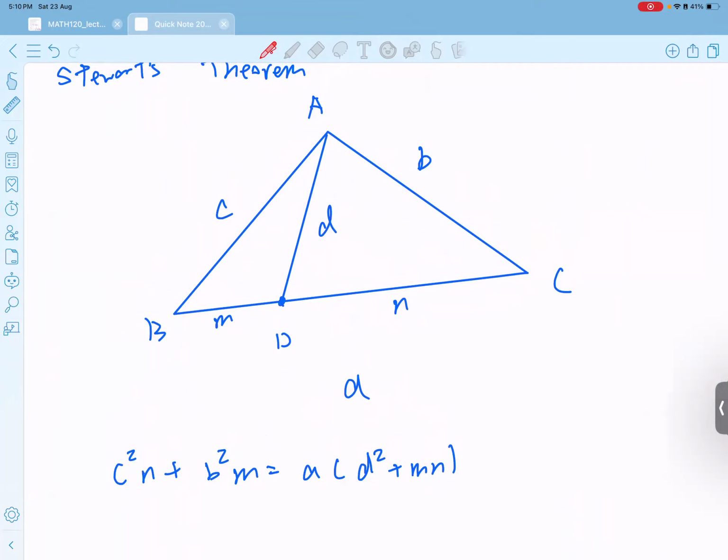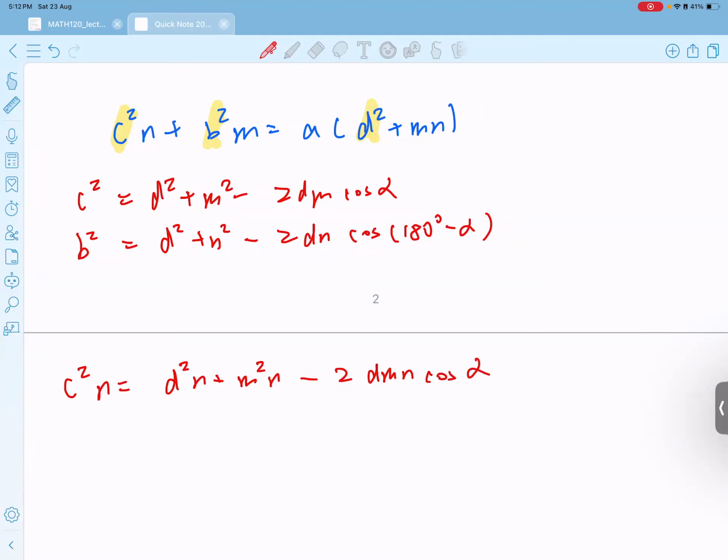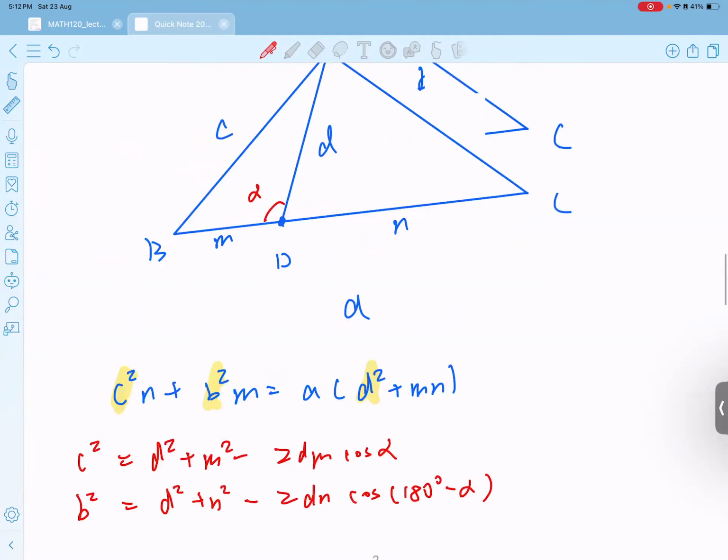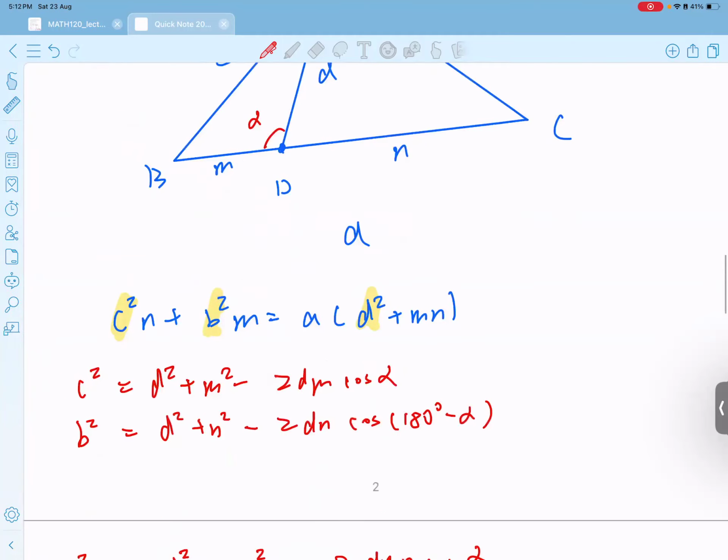So c squared n will be d squared plus m squared minus 2dm cosine alpha, times n. So actually we'll just simplify. So with d squared n, d squared m plus m squared n minus 2dmn cosine alpha, and then b squared m is d squared m plus n squared m plus 2dmn cosine alpha. So you see this sort of symmetry going on, and if we add them together,